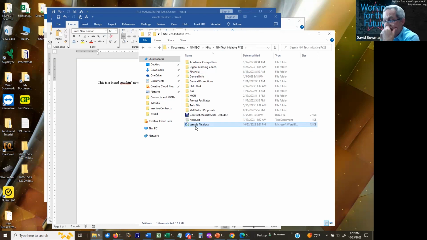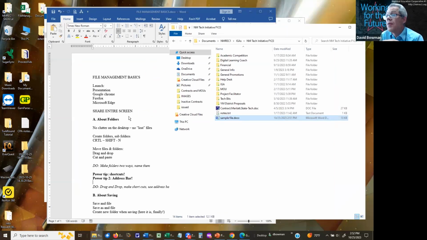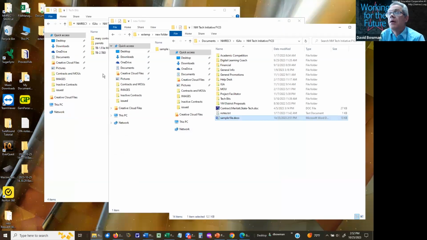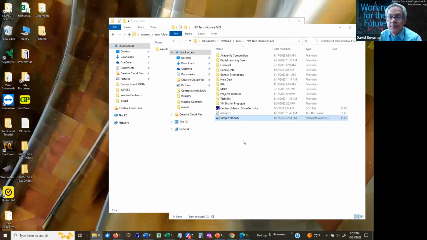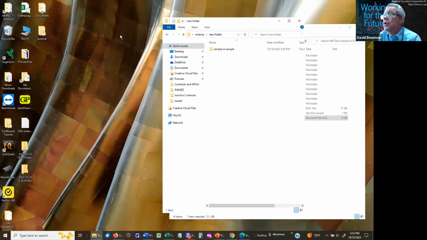There's two ways to do it. And honestly, they're both pretty simple. One very easy way is to simply drag it from one place to another. And let me minimize some stuff so it's a little easier to see what I'm talking about. Okay. So here I've got my folder, and it has the file in the wrong place. I want this to go into a different folder. The easiest thing to do